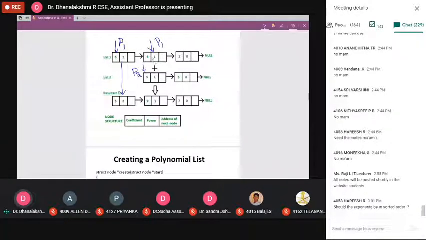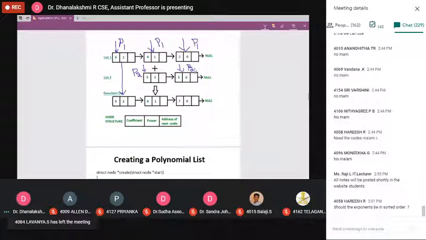After the addition, you place that resultant value in the resultant list. So if both are equal, you add the coefficients. So 9 and 1. Now I am going to consider the data from list 1 as well as list 2, so I am going to move both pointers 1 position ahead. Now P1 points to the next node, and P2 is also incremented by 1. Now my P2 is here.